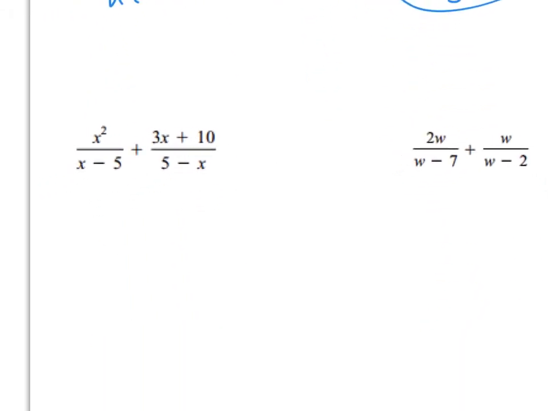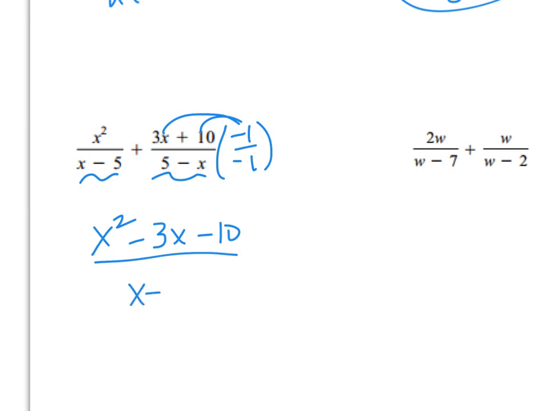Alright, 2 more questions. These ones are a little bit different because we have some quadratics going on in our numerator. So if you notice in the first problem, I have that situation we had on the front where they were the same thing but in a different order. So I'm going to multiply by negative 1 over negative 1. So I get x squared. That negative 1 is just going to flip my signs